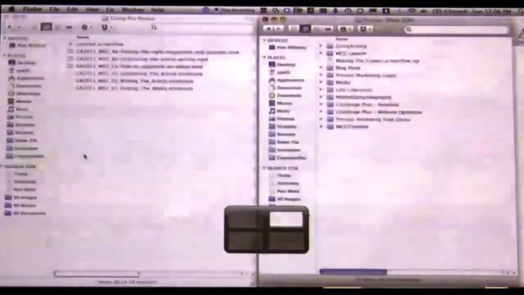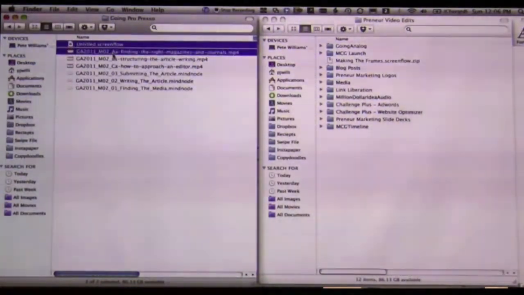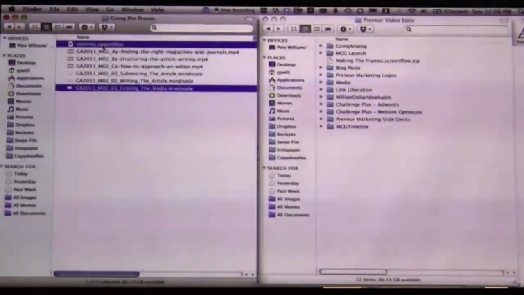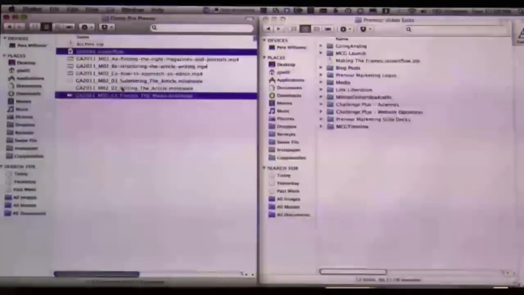Go over to Finder. There's my ScreenFlow. Let's say finding the right magazines and journals is the mind note. So finding the media, there's a screen flow. I'll compress that file. So I'll actually zip the two things together. So you've got the raw screen flow file and the original mind map of the stuff I want to actually